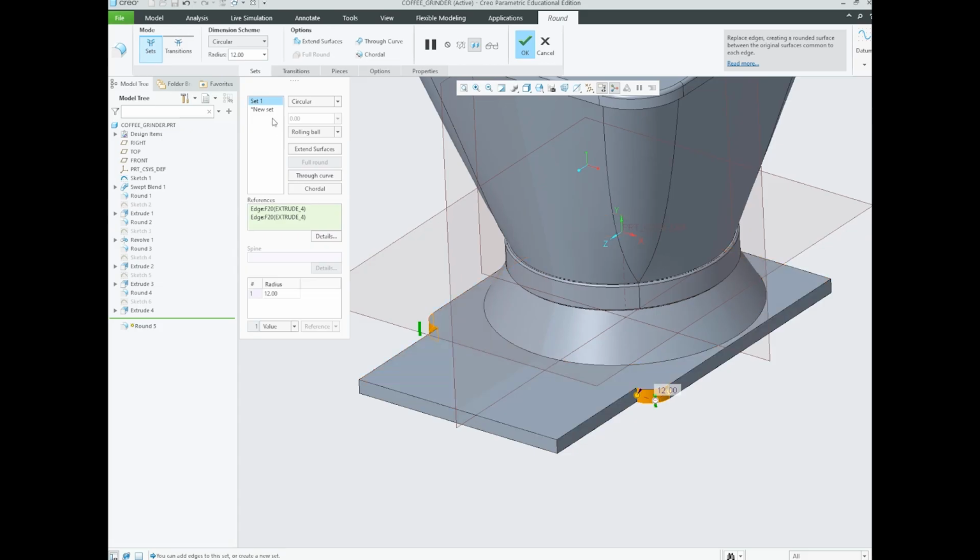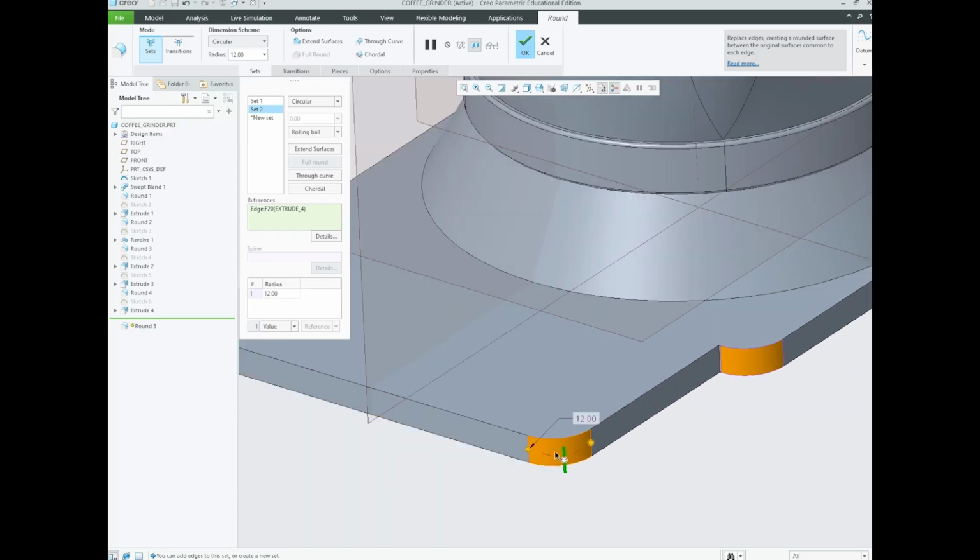Okay, and then we can finish this set and create a new set. If you didn't hold the Control button to select, you can